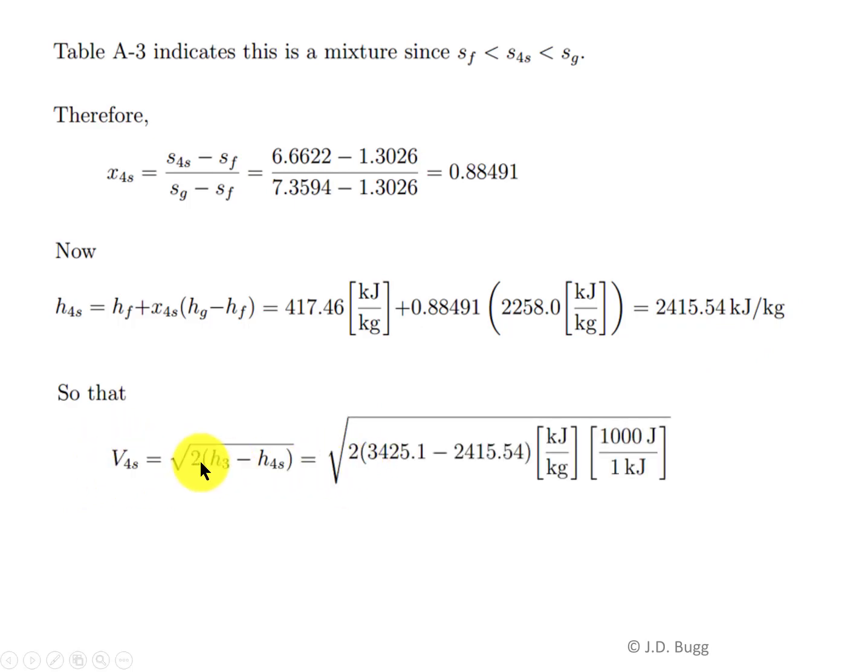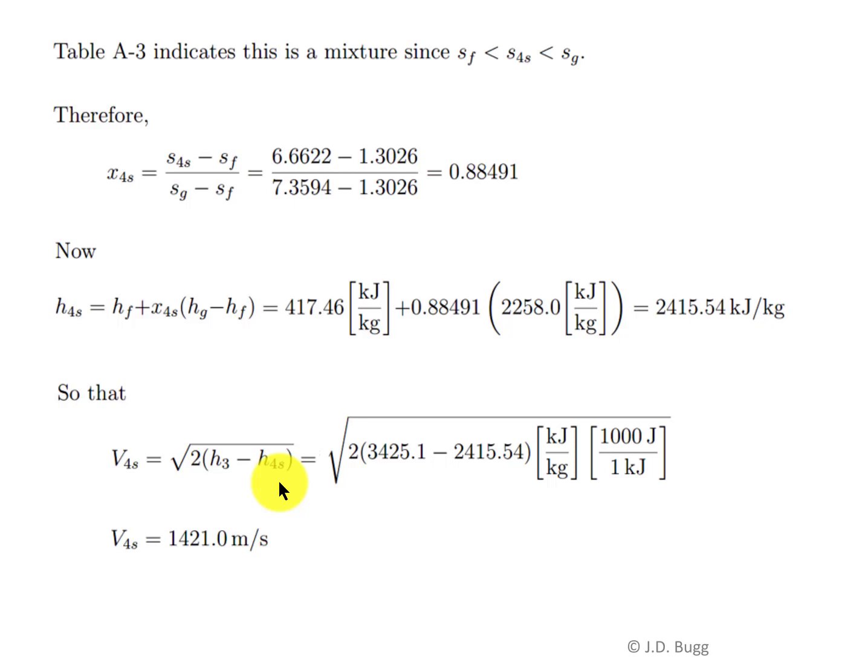And so that'll be the square root of 2 times the enthalpy change, 3425.1 minus 2415.54, and those are both in kilojoules per kilogram. So what we need to be very careful to do here before we do this calculation is convert this to joules per kilogram. So we need to multiply this by 1,000 so that we have joules per kilogram, because that's what's required in order to get a velocity in meters per second. So we finish off that calculation and we find the isentropic nozzle would have a velocity of 1421 meters per